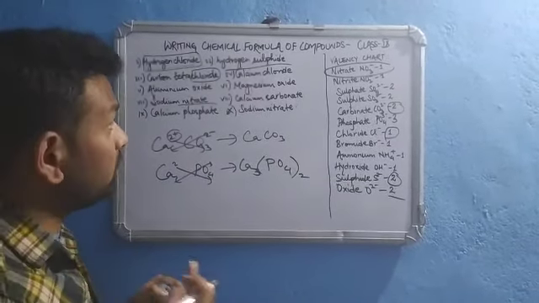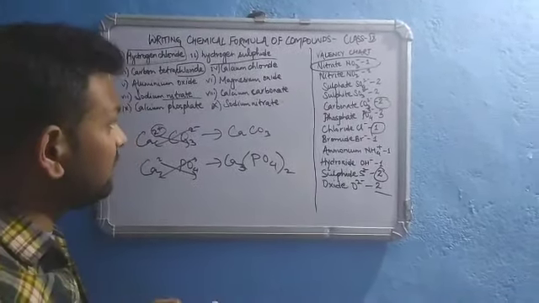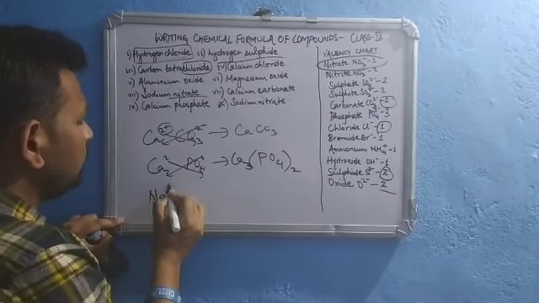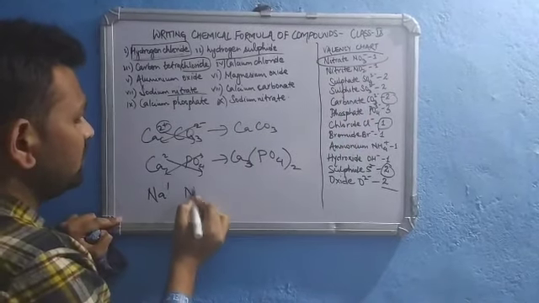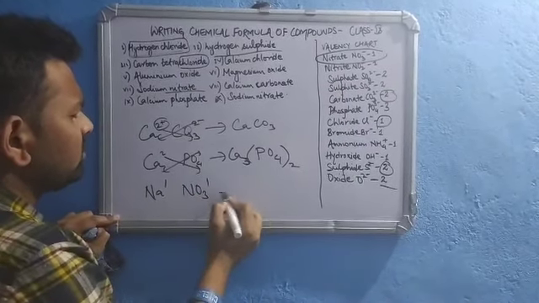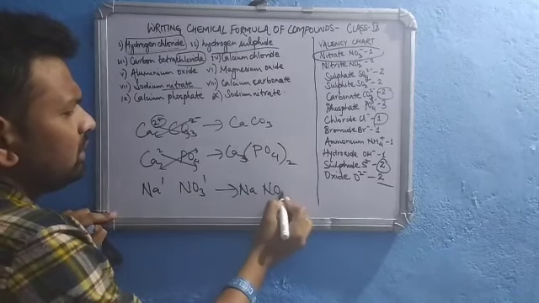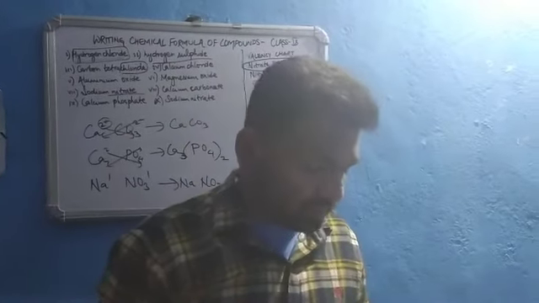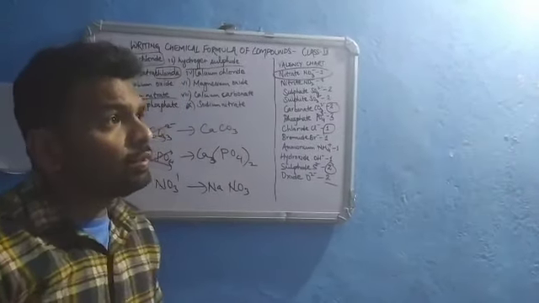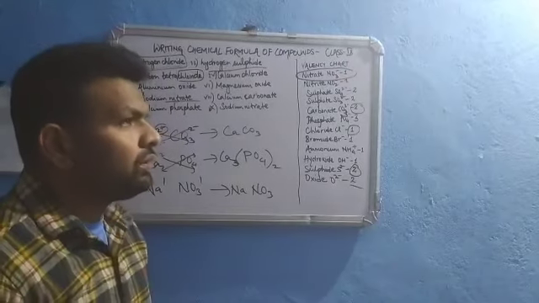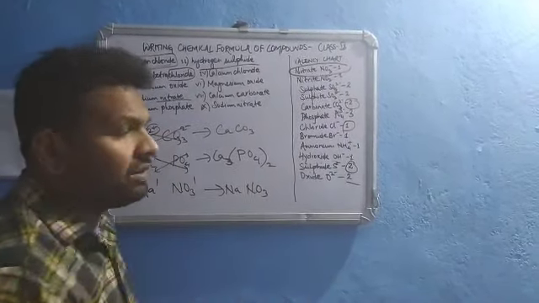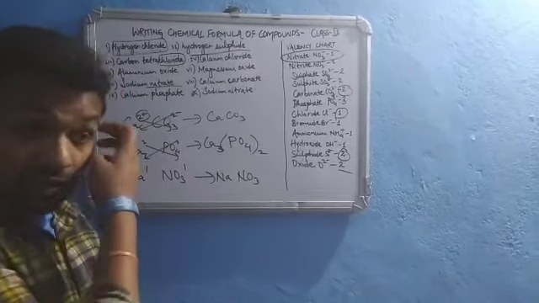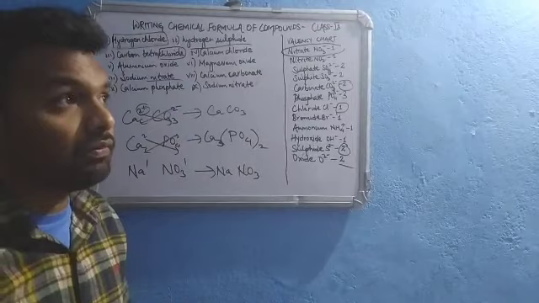You know how their formula is written. The main concept behind this is their valency. Sodium nitrate: sodium 1, nitrate obviously 1. So 1 and 1 will crisscross, giving NaNO3. So I have discussed the formulae of 10 compounds here. You can do more and more so that you understand better. The valency chart needs to be at your fingertips, so that writing chemical formulae becomes fairly simple for you.